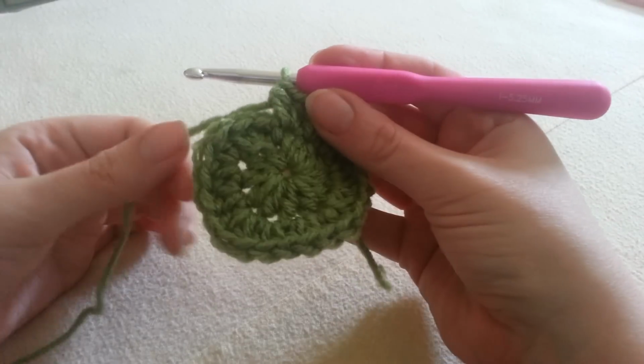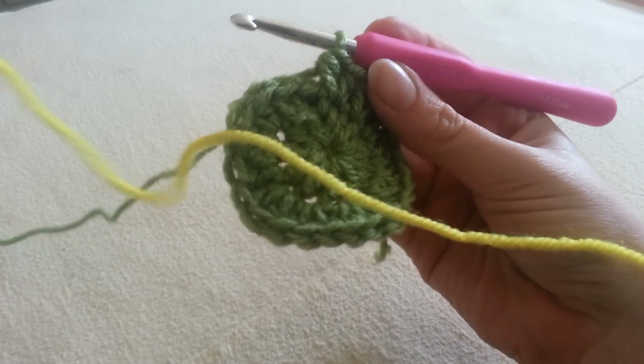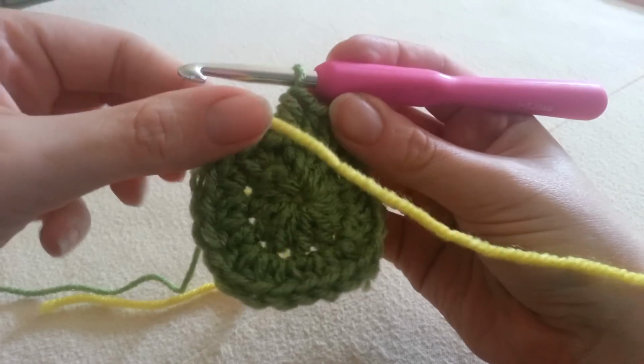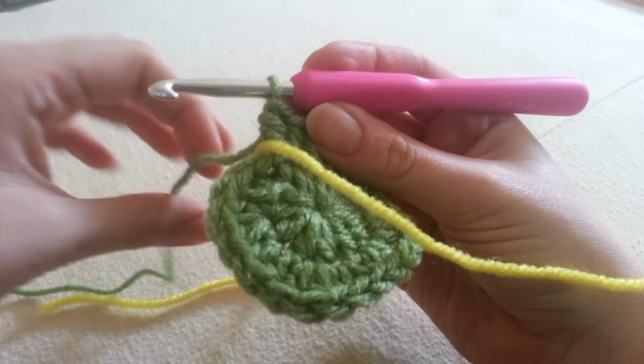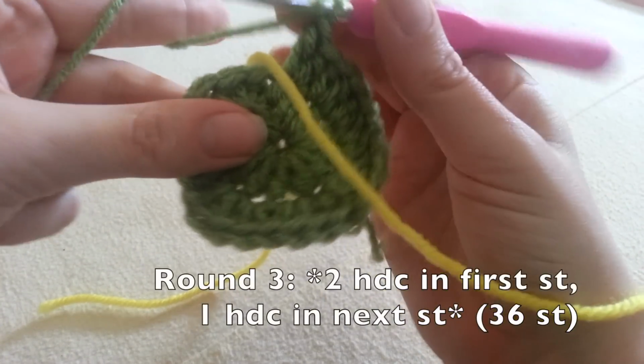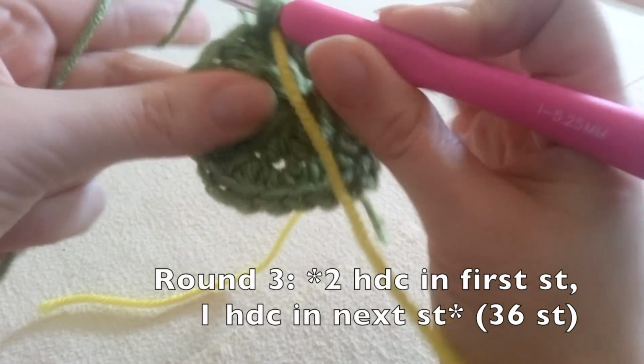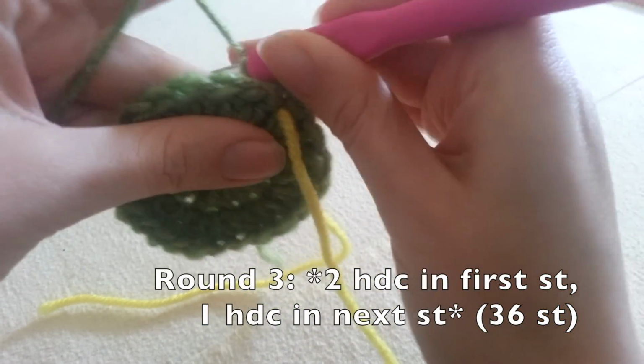Time to start round 3, and I like to work in a continual round. This way there is no seam on our hat, and it's very important that you use a stitch marker for a continual round so that you can tell where your rounds end and begin. So for this third round, we're going to place 2 half double crochets in our first stitch